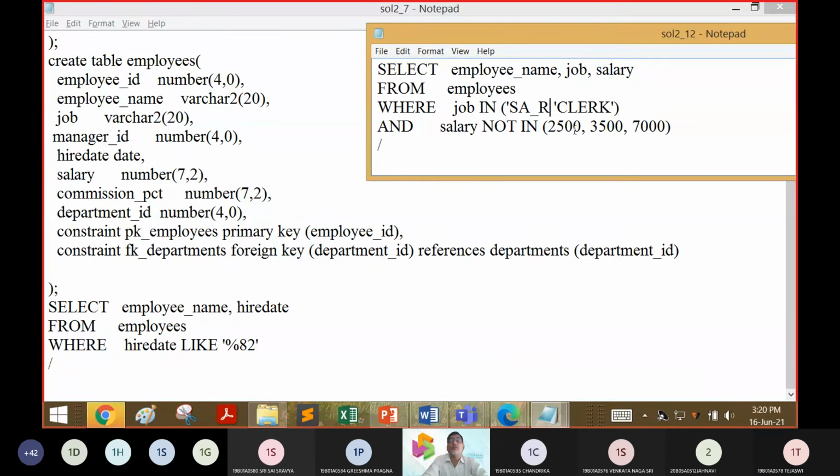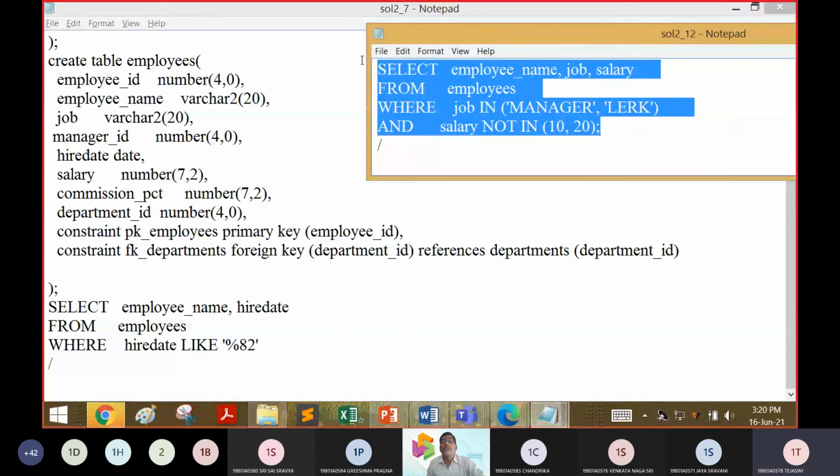And then we have manager job also here. Then we have department number 20, and department number 10 also. So we will customize the query now. Yeah, this is the query for you. So I will put this in the work area.